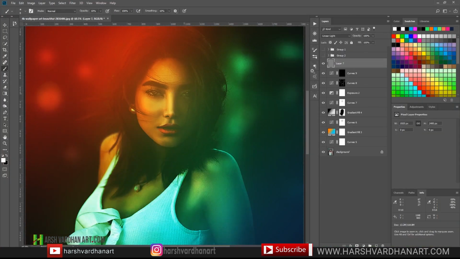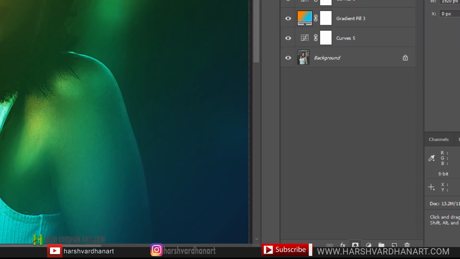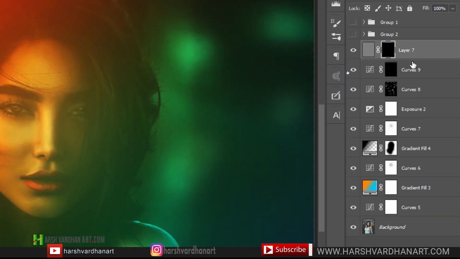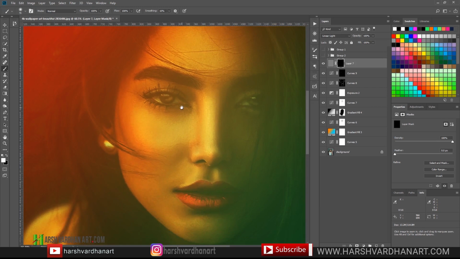That makes the entire image sharper, as you can see, but we don't want the entire image sharper, so we'll come down to the bottom and create a mask by holding Alt or Option. That way we are going to get the black mask instead of the white mask. Now with the brush tool, soft brush, again with the white color, we are going to paint on the areas where we want the sharpness to be applied. For this purpose, we'll press 0 on our keyboard to have 100% opacity, zoom in and paint